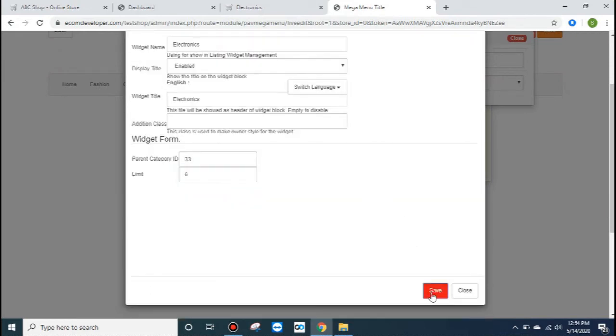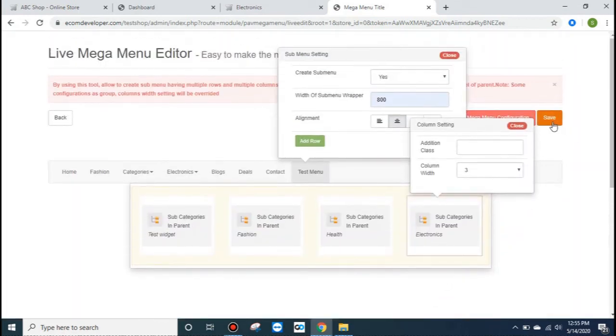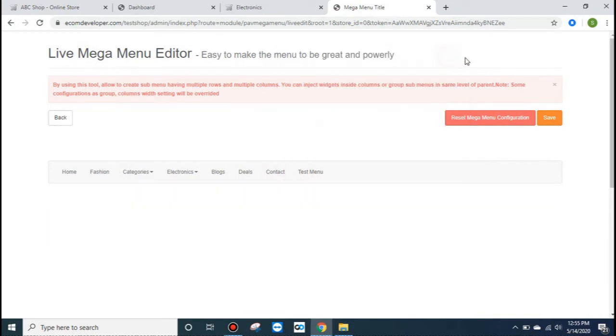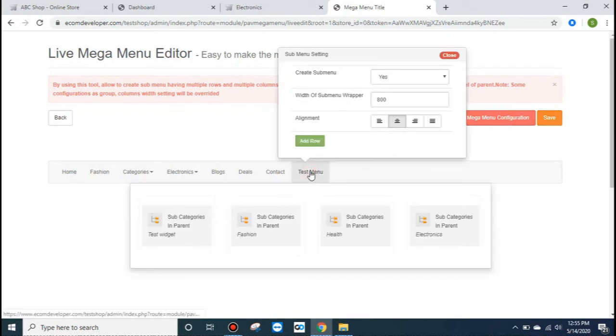Save it, and now click here. Set, yes. Click here, save.